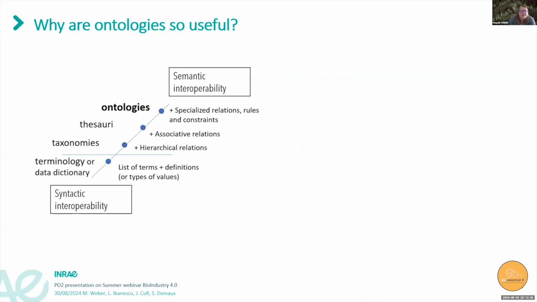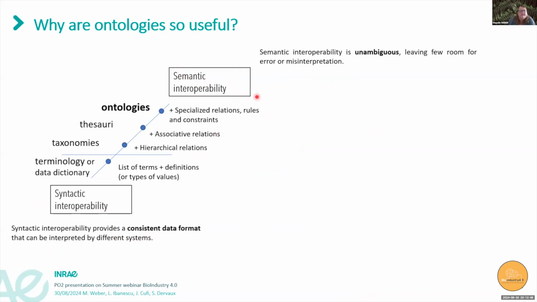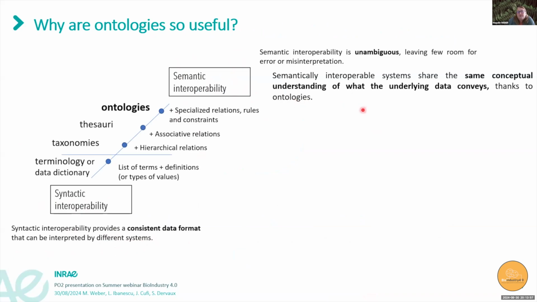And why are ontologies so helpful? It is because on the lower level here, you see the syntactic interoperability, which is providing a consistent data format that can be interpreted by different systems. But on the highest level, we have the semantic interoperability, and this is leaving very little room for error or misinterpretation, because semantic interoperable systems share the same conceptual understanding of what the underlying data conveys,